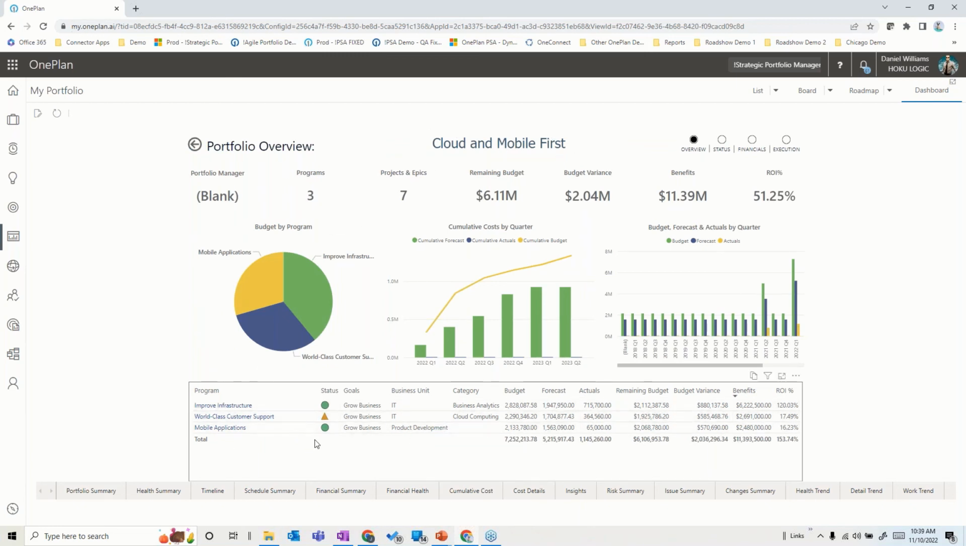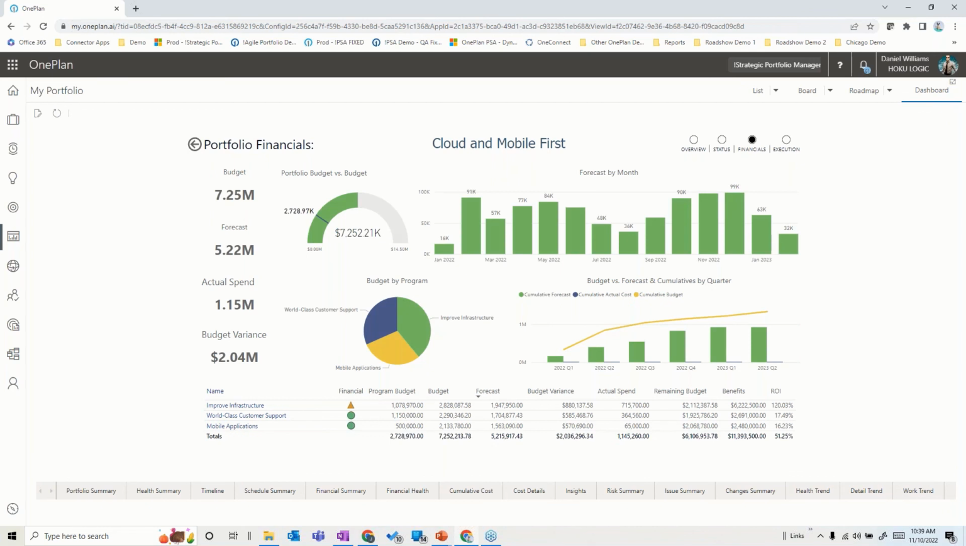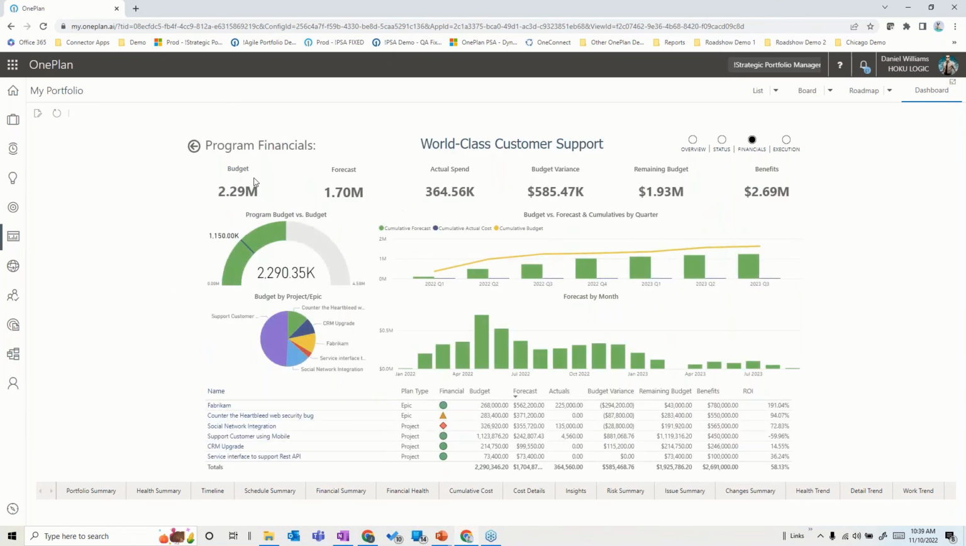I'm looking at financial data for the actual programs within that portfolio. And in that, I can then drill into, for example, a financial view on this and look at strictly a financial perspective on this particular portfolio with its set of programs. I could even drill further into a specific program, for example, this world-class customer support program. Then we drill into different levels of detail, where within this program I now look at the projects